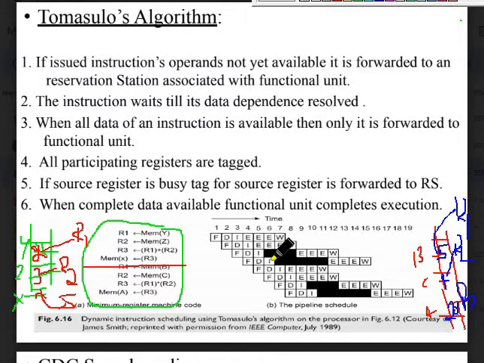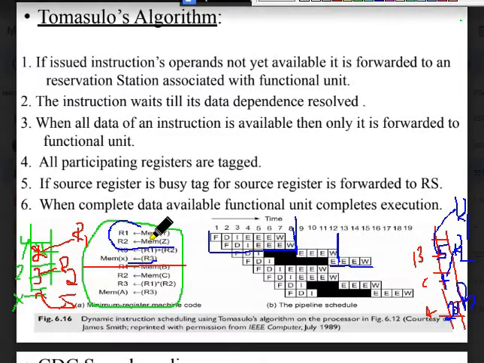Now, yesterday I explained that since these two are independent, they get executed directly. Now the next instruction is R1 plus R2. It is dependent on the previous instruction, so we have to wait until the W stage of the second instruction completes. By the end of this we will get a result. Till that instruction finishes we cannot go for the store, so we have to finish the store only when we complete the previous instruction. Similar explanation for the next one also.